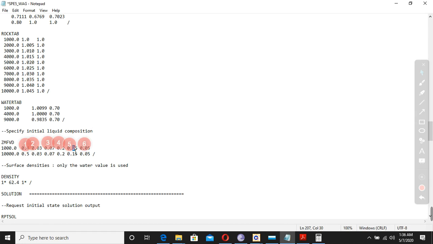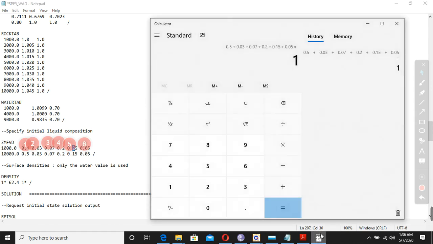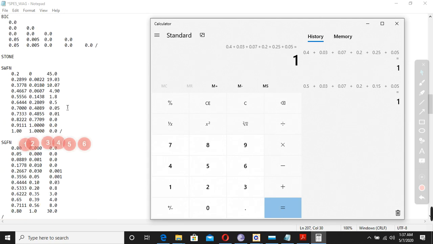So now you can change it to another one. Let's count how much it is. If it is not 1, then it will show error: 0.4, 0.03, 0.07, 0.2, 0.25 plus 0.05. So now it is 1 in this case. So that's how these are the initial compositions that we have described here.